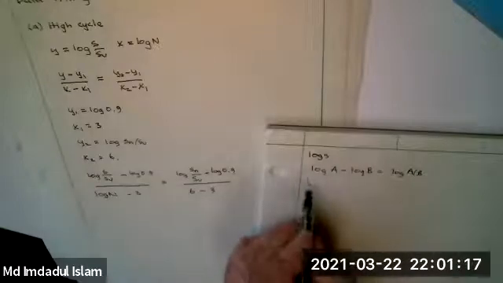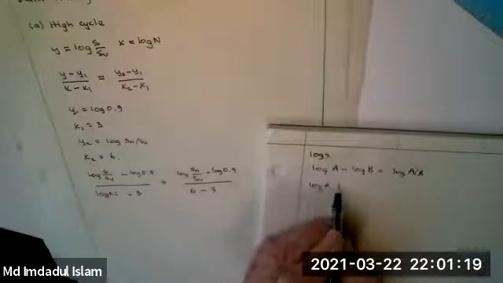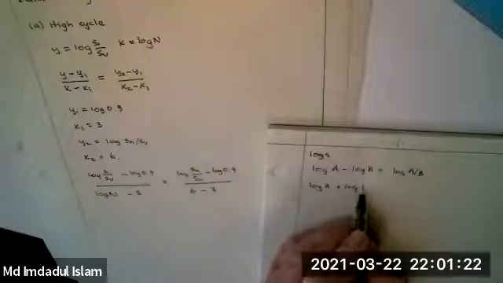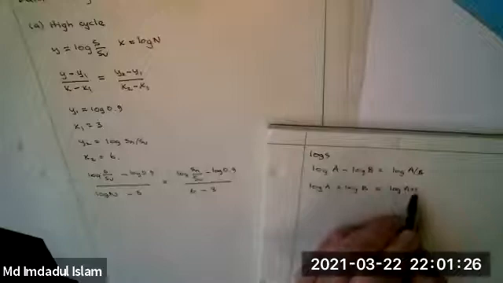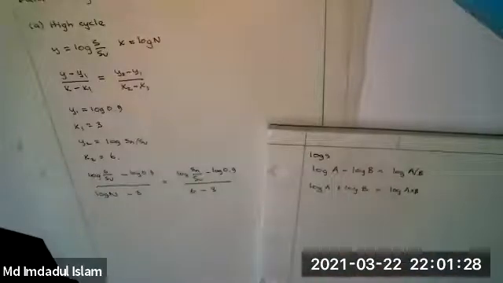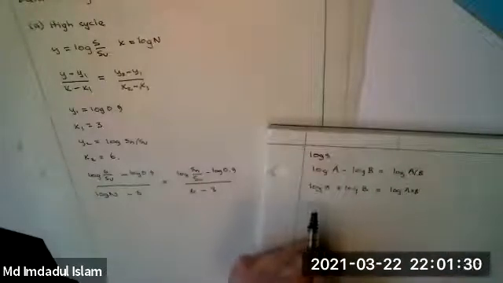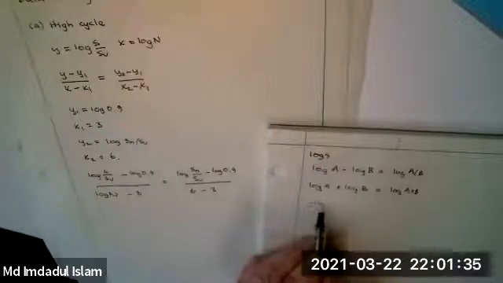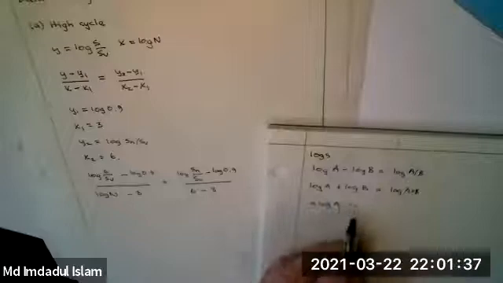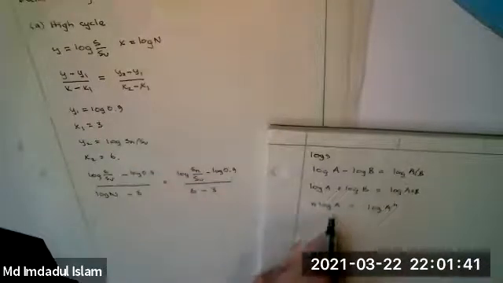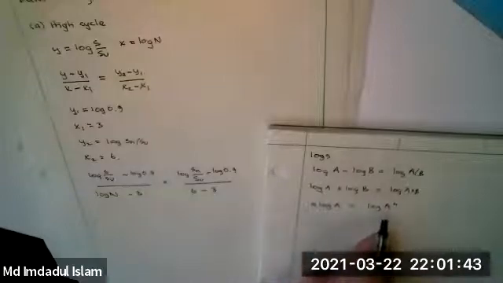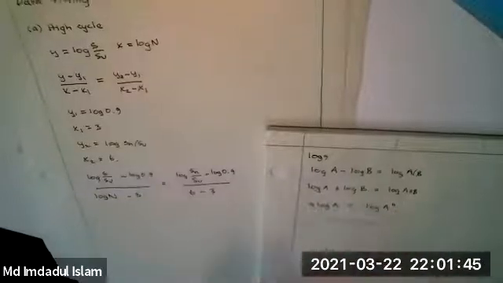On the other hand, if I had log of A plus log of B, that's log of A times B. And eventually we're going to get to things like n log A, that's log of A to the n. If you have some coefficient of the log, it's the same as the argument of the log raised to that power. So let me use these